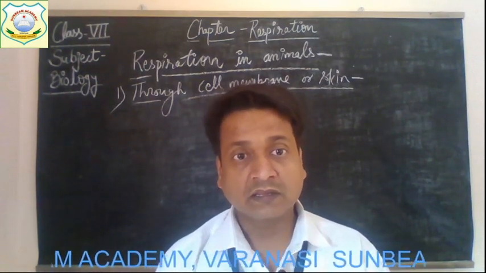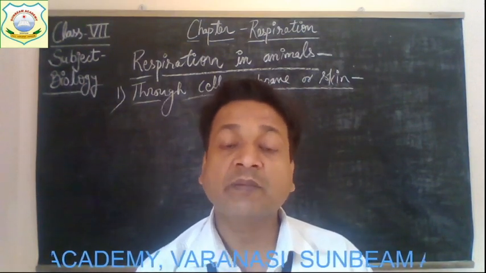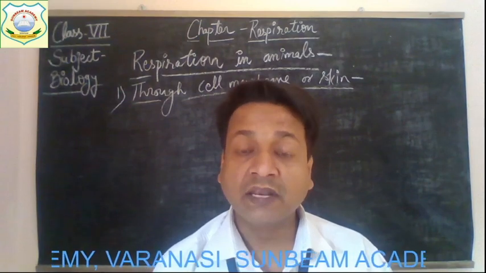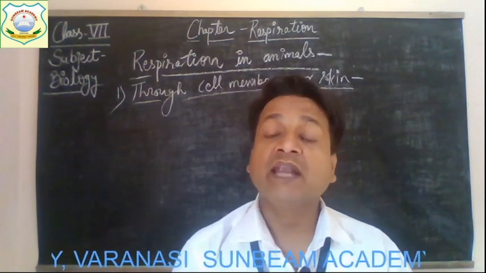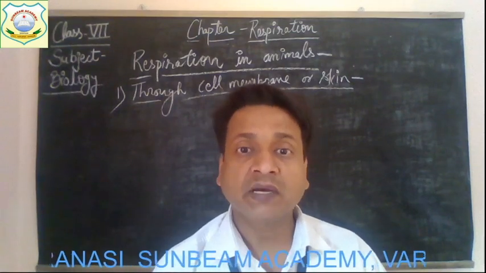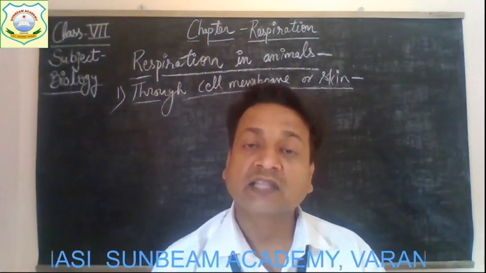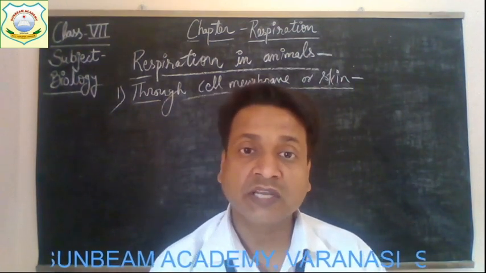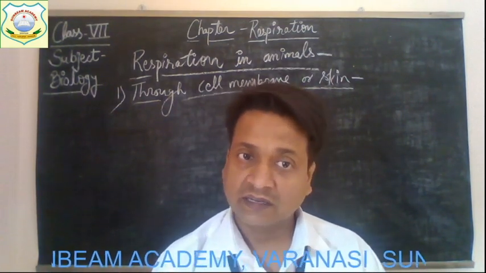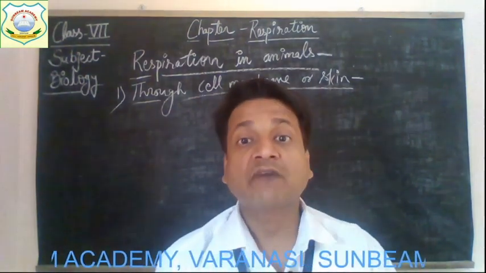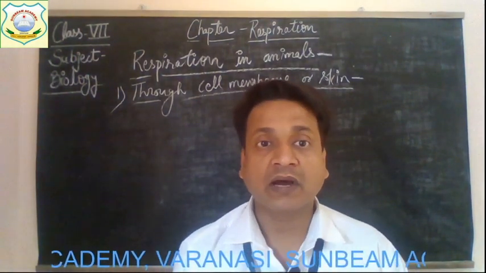So these are the two important parts of the bodies in these organisms: the cell membrane in unicellular organisms and the moist outer surface or skin of some animals such as earthworm and hydra. They play an important role in the exchange of gases. Get it, children? And I'm going to draw the diagram of exchange of gases in amoeba so you can understand